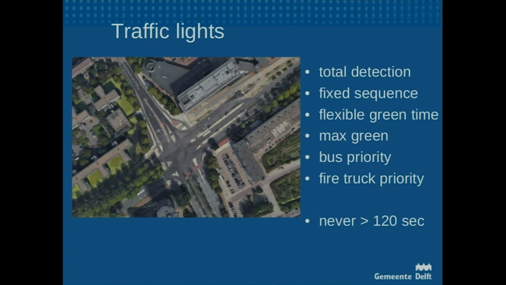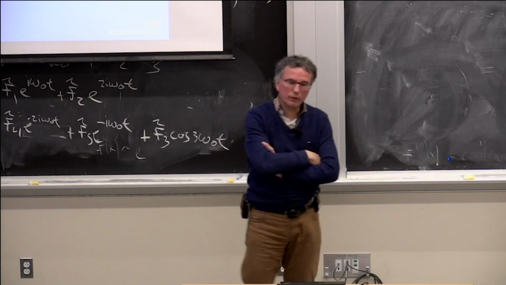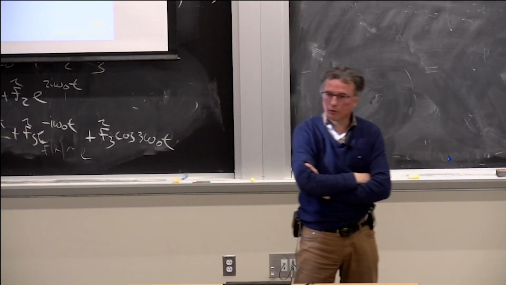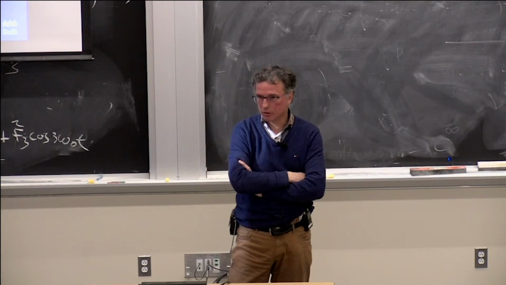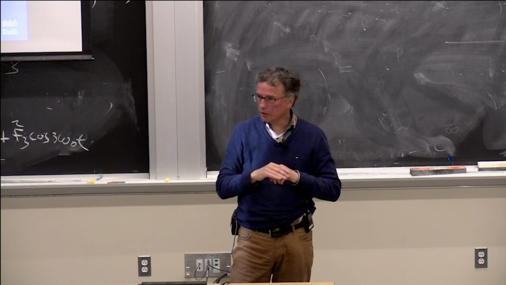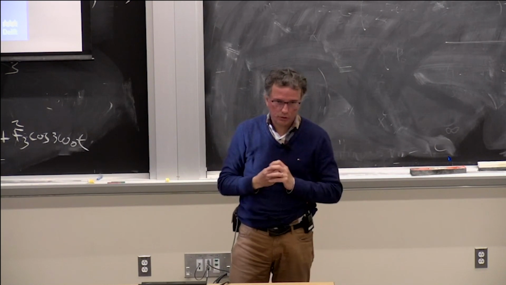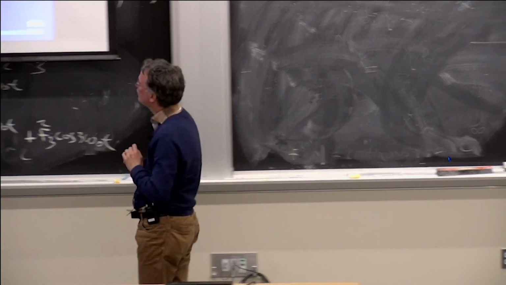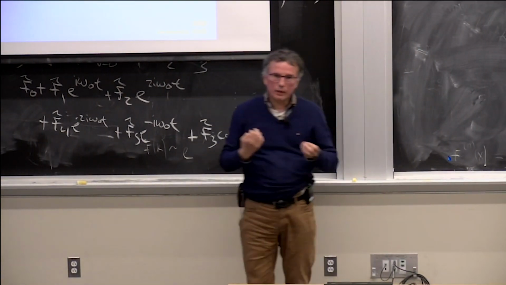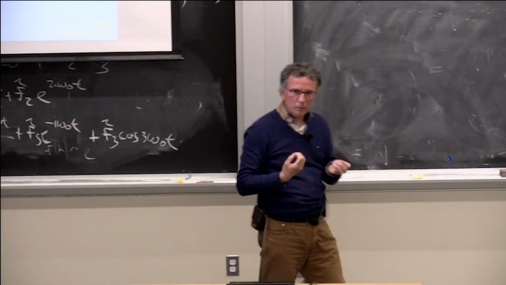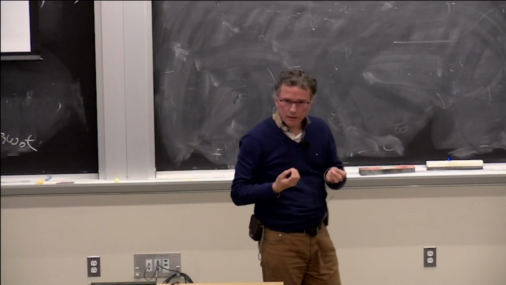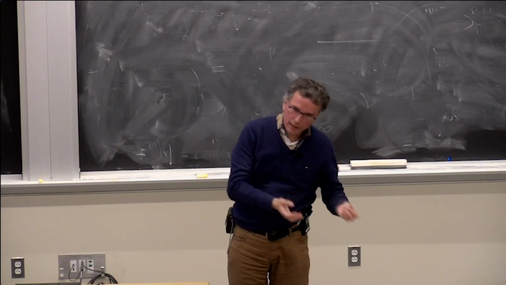And we don't build intersections in Delft with a traffic light sequence of 120 seconds. That's the max. So if the area is congested, the maximum cycle time is 120 seconds. And my colleague said, if you look at our intersections, I'm trying to bring back the cycle time for as many intersections back to 90 seconds.